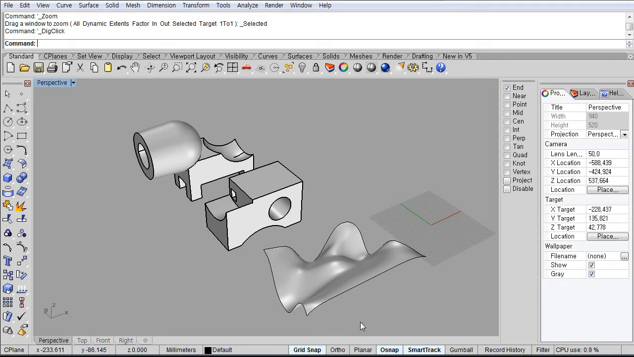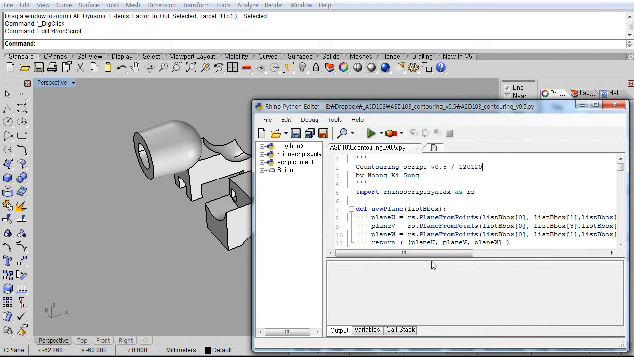Hi, this script is for contouring. Now I will show you how to use it. Okay, first put edit Python script to open the Python screen and open the Python file